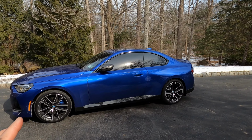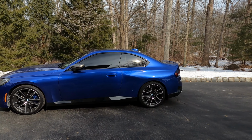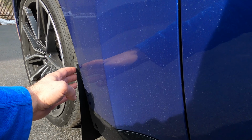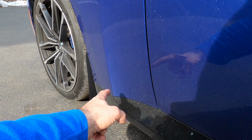And we're done. We flipped the car to give it better lighting, but check this out. From far away, you cannot even tell that the mud flaps are there. This is what they look like from this angle, and as you can see, because of the fact that they don't stick out too much, you don't notice them, but they will still protect you from getting sandblasted on this